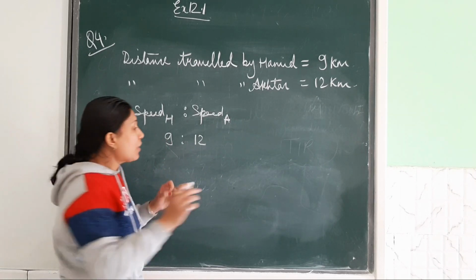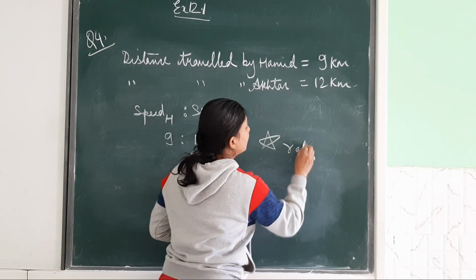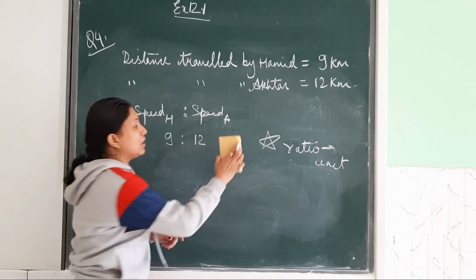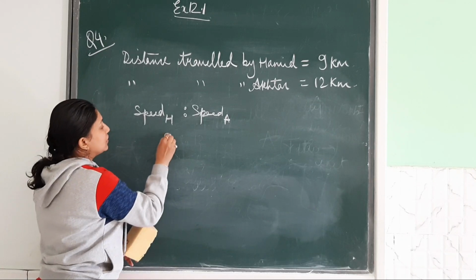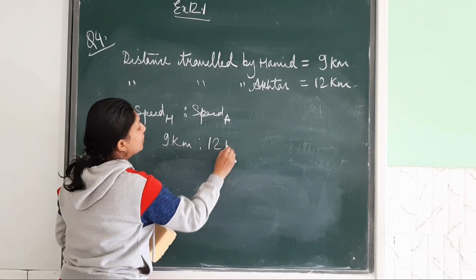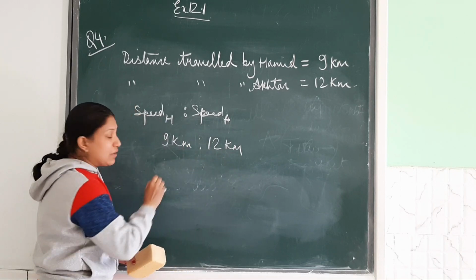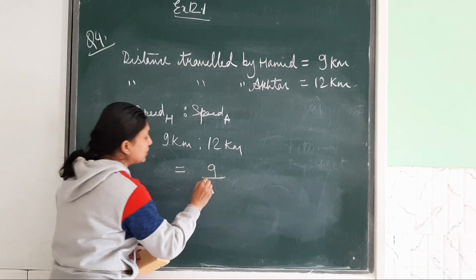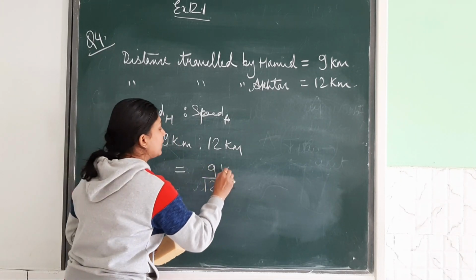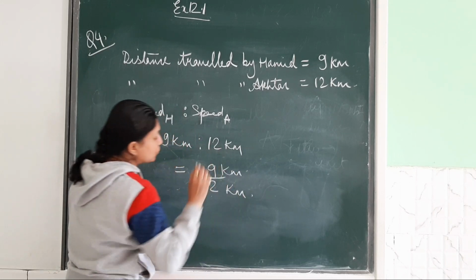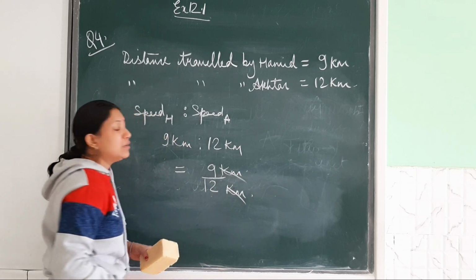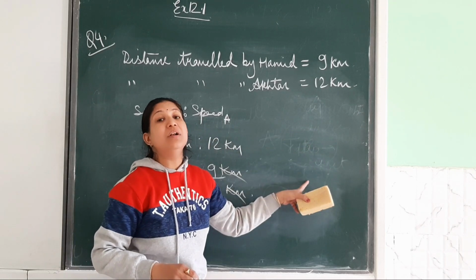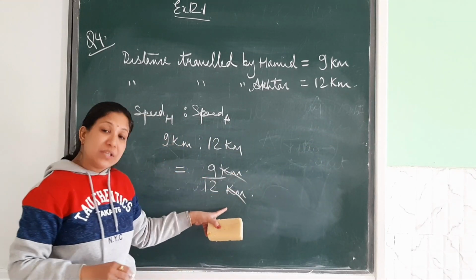One more thing. Remember as a starting point that a ratio does not have any unit. Why does it not have one? I will tell you. Let me write down here 9 kilometers is to 12 kilometers. What will this become if I represent it in division form? I explained in the first introduction session that we represent a ratio by division. So see what will happen? Kilometer and kilometer will cancel each other. This is the reason that a ratio does not have any unit, because they have the same unit.